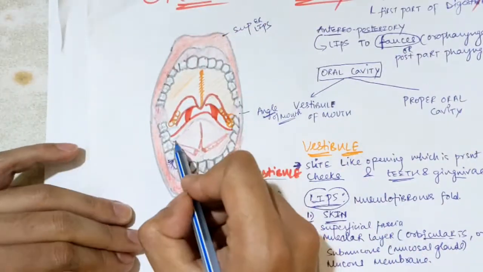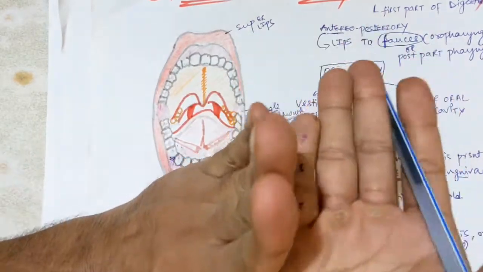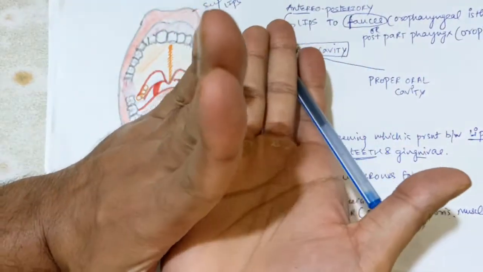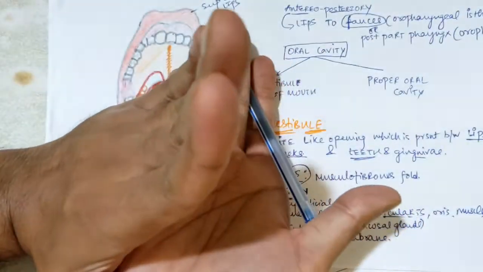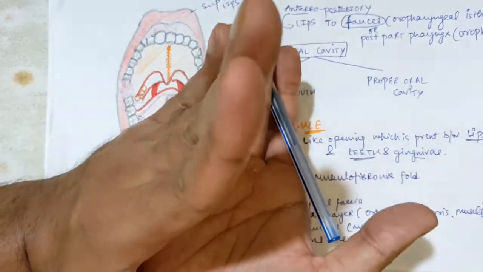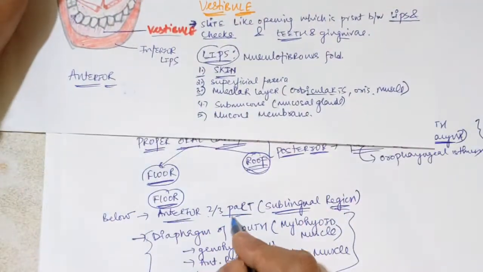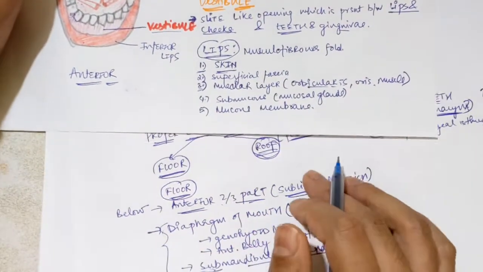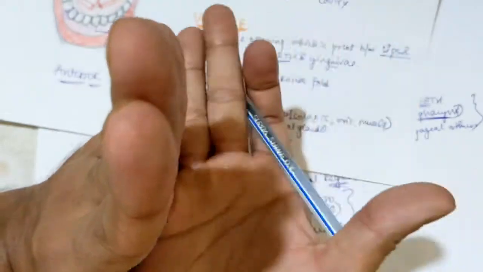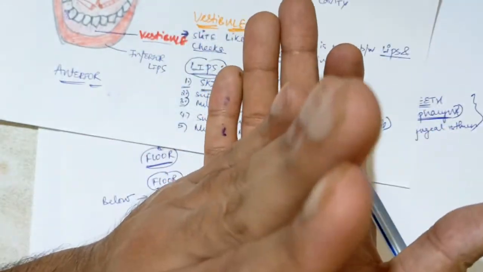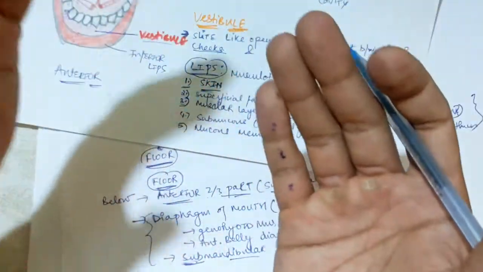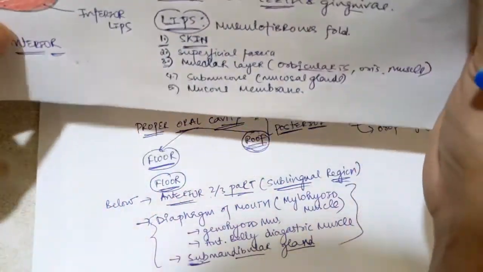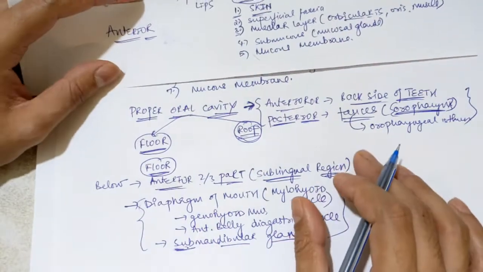Just consider this red one, the tongue is folded. Okay, below that structure, that is the anterior 2/3 of the tongue, this full tongue and these anterior 2/3 structures, there is a region which is called the sublingual region. Okay, that is called the anterior 2/3 part or sublingual region. Now below this region, there is bone. You know that the mandible is present, and there are also muscles present between your hyoid bone and your mandible. So specifically those muscles are called the diaphragm of the mouth, which are actually forming the base.